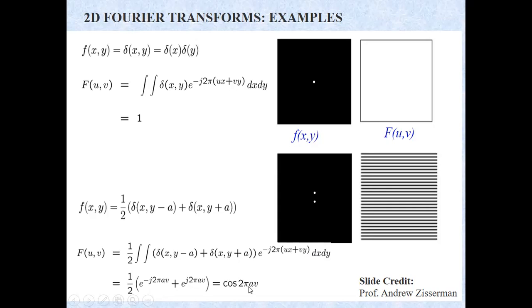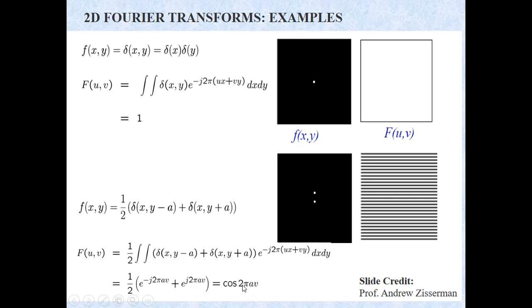Since you have a cosine signal in v direction, y direction varies like a cosine. In x direction this is a constant because nothing is varying in x direction, that is, in u direction in the frequency domain. Here in the frequency domain, u is the horizontal direction, v is the vertical direction. Is that clear now? Yes, sir.